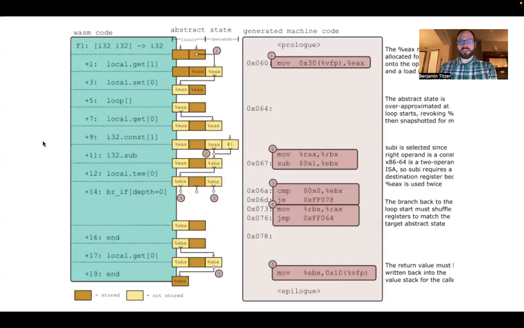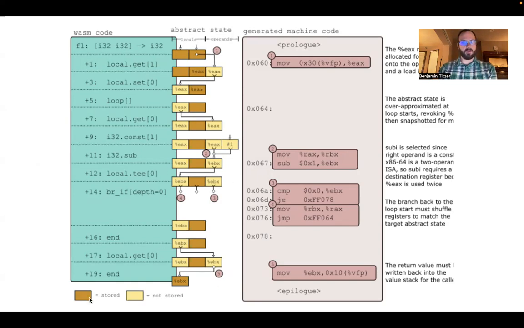So it's pretty much all in this one diagram in the paper that explains how it works. Abstract interpretation is effectively you have an approximation of the state, and the state here being the locals and operand stack. We've got some WASM code on the left, that's the green. Obviously, WASM is a binary code, so we're showing the text format, so it's been disassembled. The thing in the middle is the important thing, the abstract state.